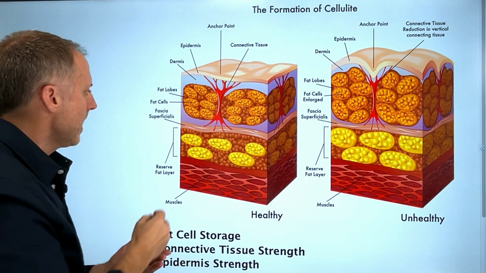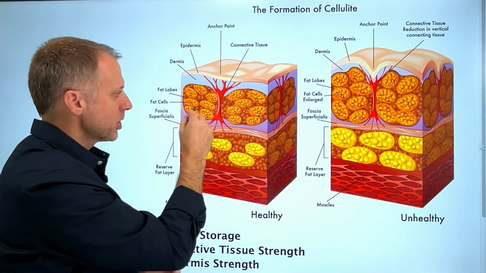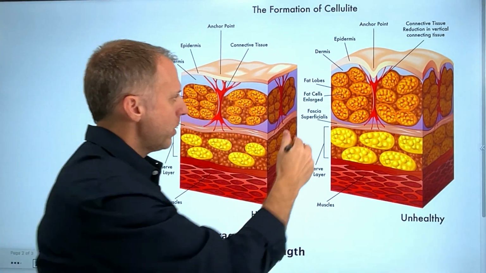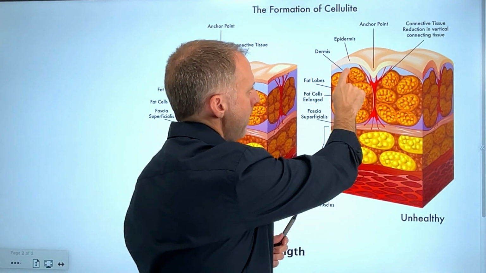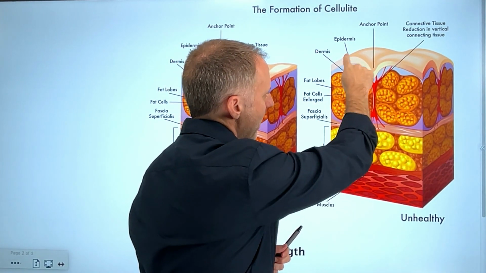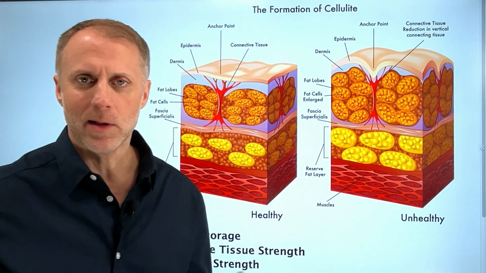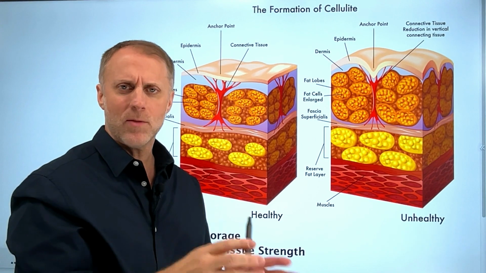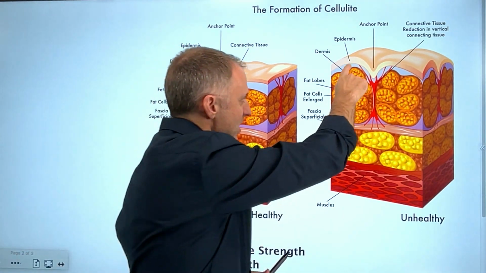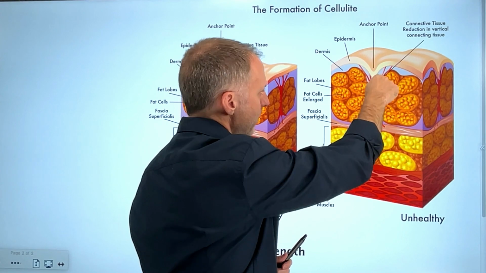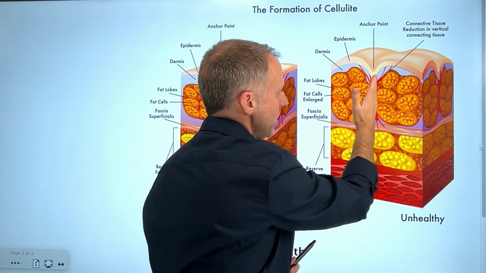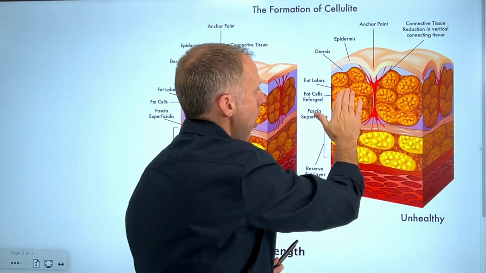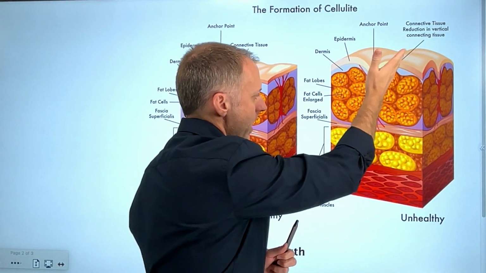And what happens is when these fat cells start to fill up with stuff, they start to expand. And so here when we see them expand, they push up on this skin, and then it creates this dimple. So that's the thing with cellulite, it has all these dimples that people feel, oh, I really don't like the look of that. I really wish I didn't have all these cellulite dimple things. And this would just be one dimple. And that dimple is being caused by this connective tissue holding that structure in place, and yet these expanded fat cells are pushing up on the skin and creating that dimple.